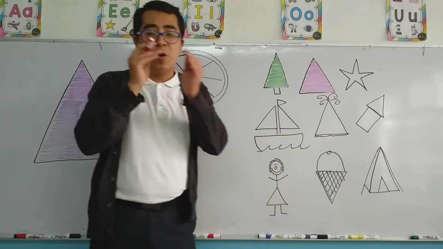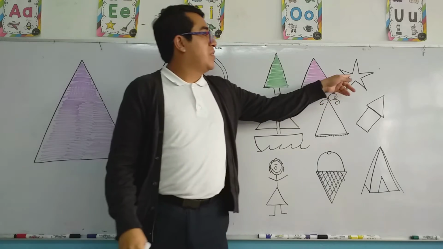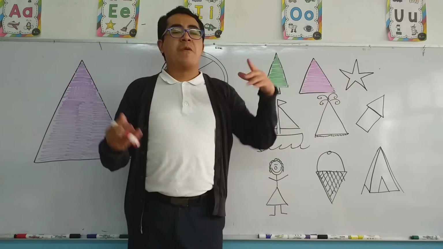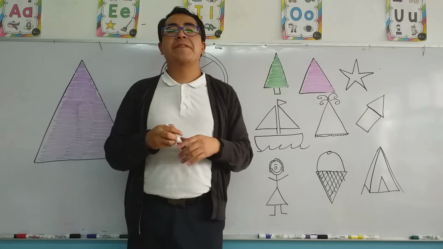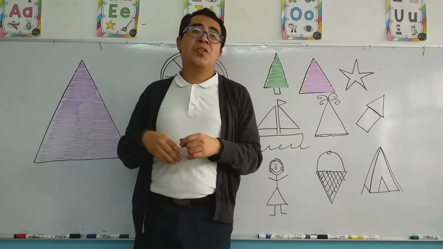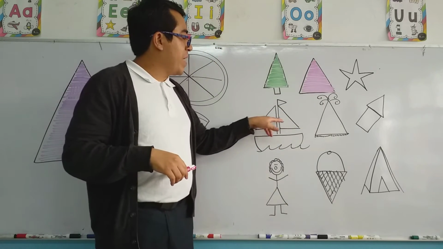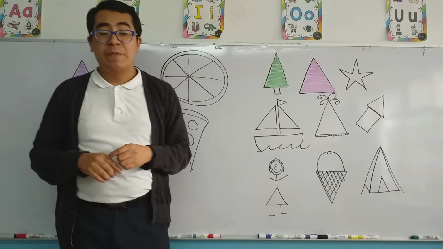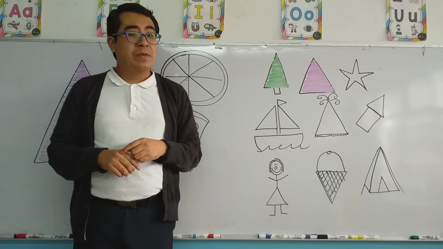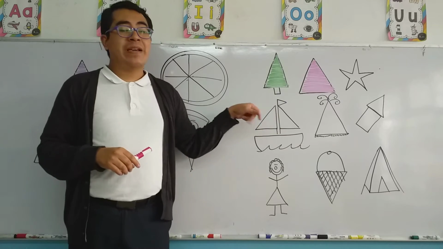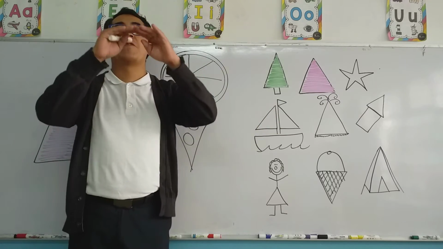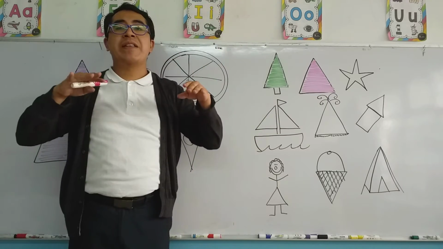Next to the small triangle, we have a star. Now, of course, the star doesn't have the shape of this. So, let's continue with the second row. We commence with a boat. Now, boat, okay, looks like a triangle, but just the first half of it, the one that is on top